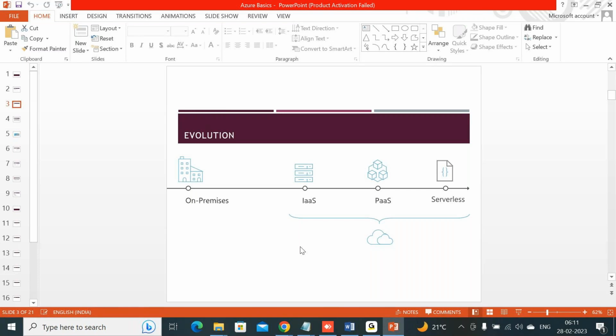Am I correct? With these issues came auto scaling, scaling your infrastructure on demand. With these concepts, the cloud came into the market with three types of services: IaaS, PaaS, and serverless, which is software as a service, SaaS, we call it.